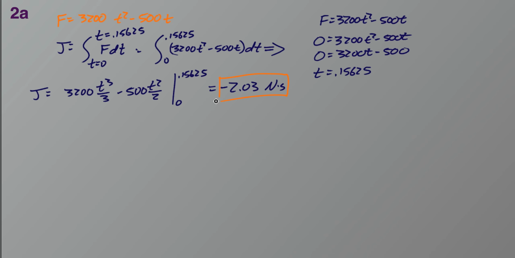All right, now part B is going to have us calculate the speed of cart 1 after the collision. Well, I would note there that the impulse is the change in momentum, which is the final momentum minus the initial momentum. Therefore, the impulse we found, negative 2.03 newton seconds, must equal our final momentum minus the initial momentum, which would be 3 meters per second times half a kilogram. So solving this for our final momentum, I come up with, let's see, negative